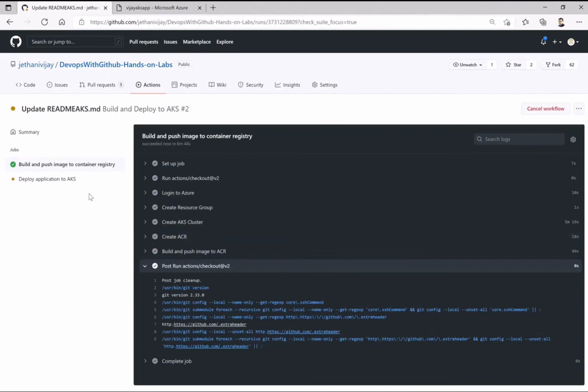Okay, so the first part of building and pushing the image to the container registry is over.